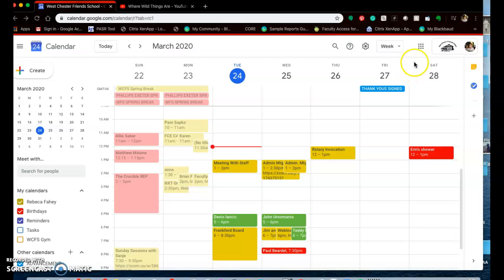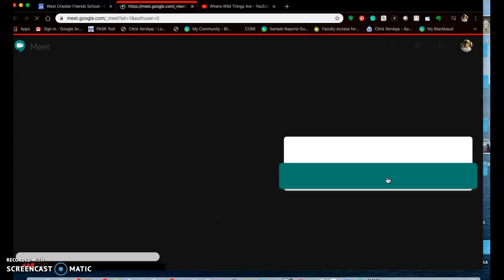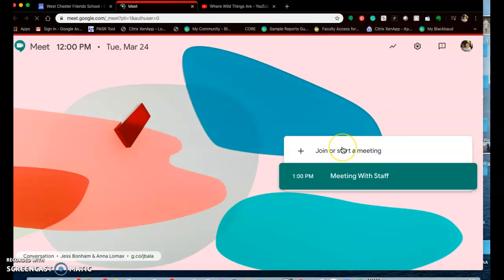The other way to do it, let's say that you're going to have more of a spontaneous meeting, you would go up here to your little waffle iron, click on that, and you're going to see Meet down there, okay? Now, when you do that, you're going to get this screen, and it'll say Join or Start a Meeting, but you'll also see that it'll have stacked up here all the meetings that you have scheduled, all right? So I could join this meeting right now, a meeting with staff, but I'm not going to because that's not